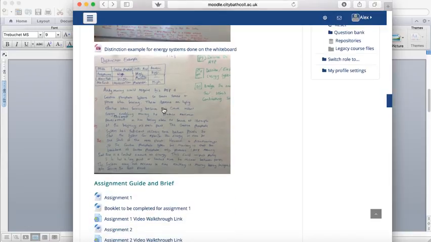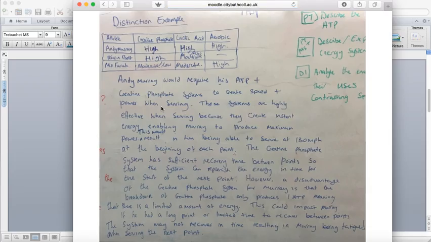So here I provided an example of the distinction, but it's only part of the example. So what I do is I get 3 different athletes and I think about where they use the different energy systems and why they use it and why it's appropriate. So here I've talked about Andy Murray would require ATP and the creatine phosphate systems to create speed and power when serving. And then I've put these systems are highly effective when serving because they create instant energy, enabling Murray